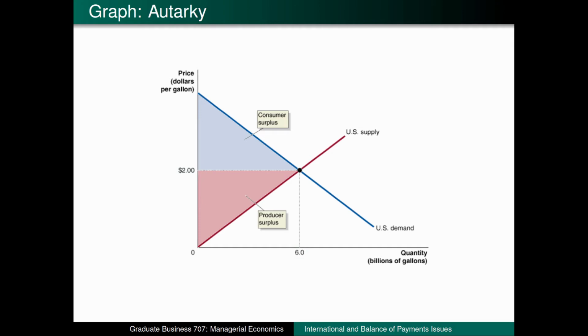The consumer surplus is the blue triangle that shades in the area between the demand curve and the market price of $2, whereas the producer surplus is the red triangle that shades in the area between the supply curve and the market price of $2. Finally, economic surplus is the sum of consumer surplus and producer surplus, so economic surplus is the combination of both the blue and red triangles. We'll use this as our baseline model and see what would happen if we opened up our borders and allowed for free trade with the rest of the world.